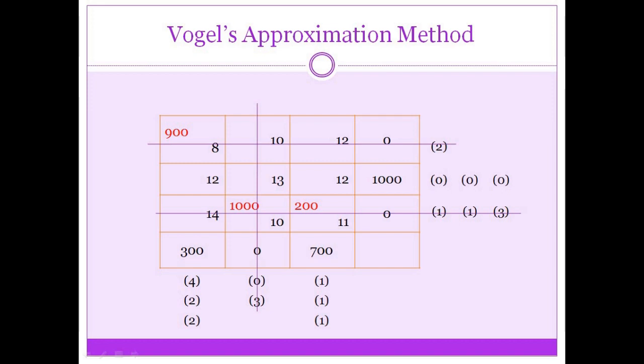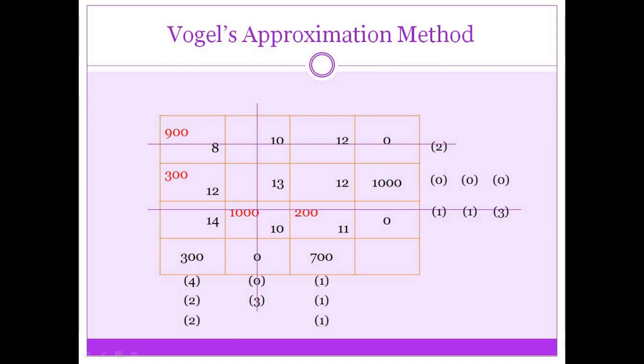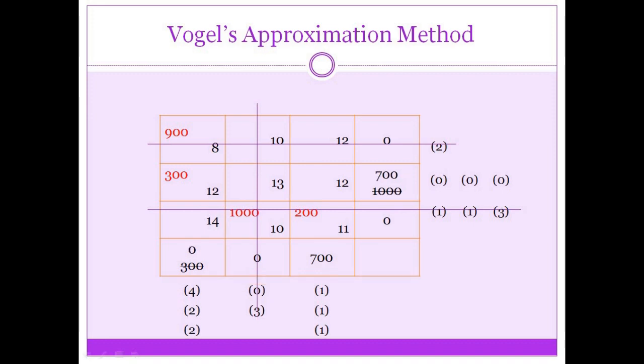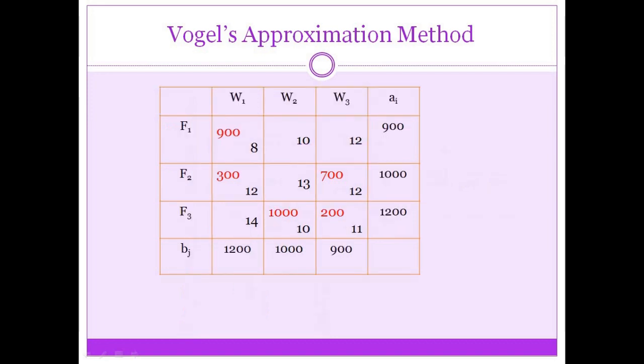Now we are left with only 2 cells with the same cost element. So, arbitrarily breaking the tie, we choose the cell (2,1) and allocate 300 units to it, and modify the corresponding supply and demand. Finally, we have only one cell (2,3), which has to be allocated 700 units. Now, since the demand for every destination is satisfied, we get the initial basic feasible solution, and that is